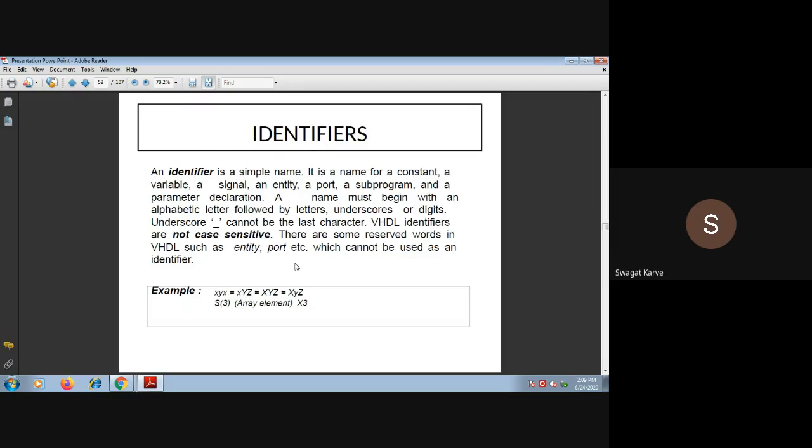Now what is the second type of operand? That is identifiers. This is the second type of operands that we are going to discuss. Which was the first type of operand? Literals, that we discussed. Now which is the second type of operand? Identifiers, that we are going to discuss now. Now what do you mean by identifiers? An identifier is a simple name, and it is a name used for a constant, for a variable, for a signal, for an entity, for a port or for a subprogram and for any kind of parameter